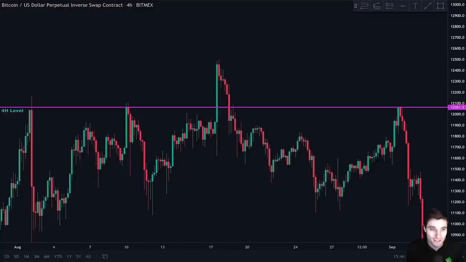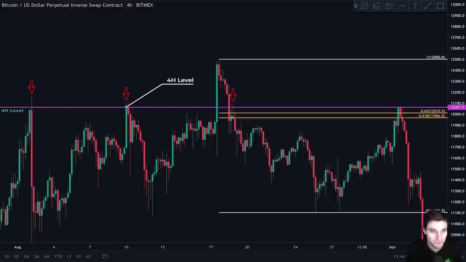Take a look at this Bitcoin chart. The first thing that we see here is that this 4-hour level acted as resistance multiple times, so we draw the resistance level. Then we look for confluence at this level. If we take our Fibonacci retracement tool, we can see that the CC is just next to it. Afterwards, we want to wait for price to come back up and see how it will react at this level